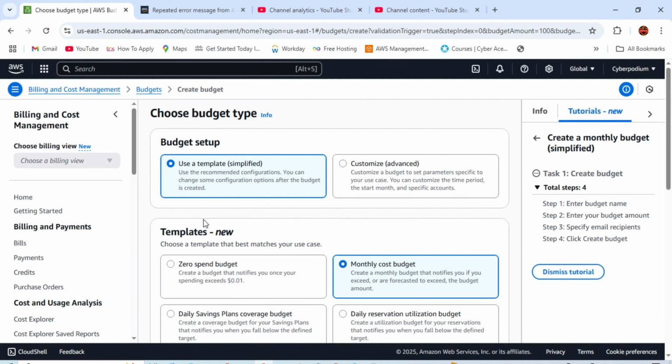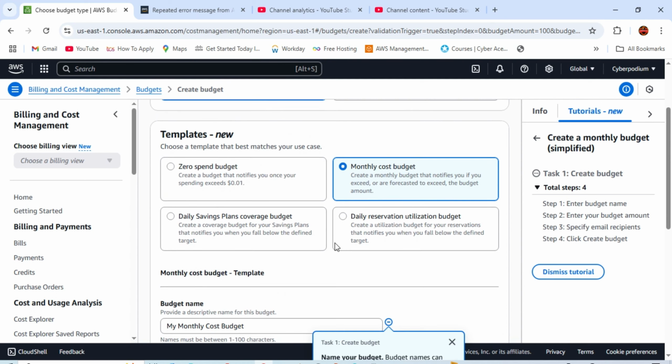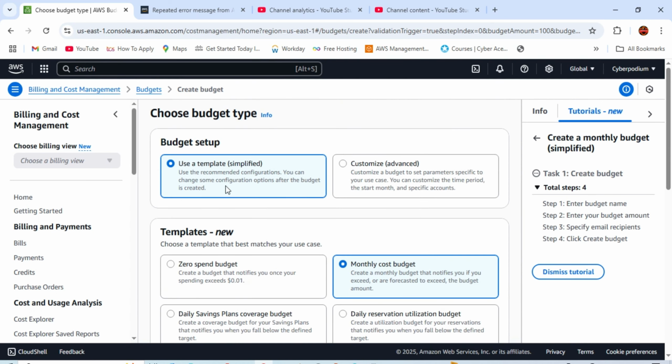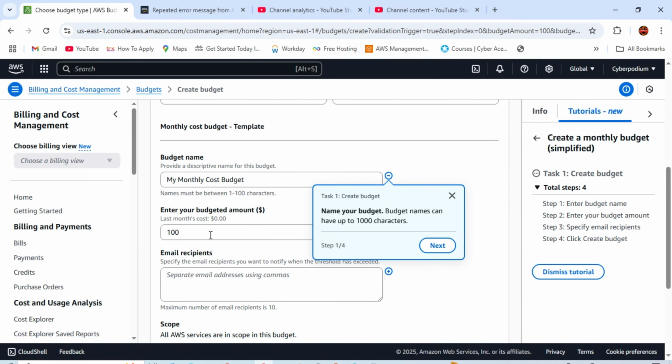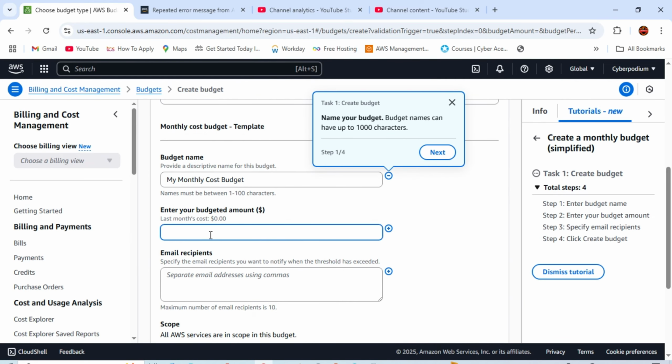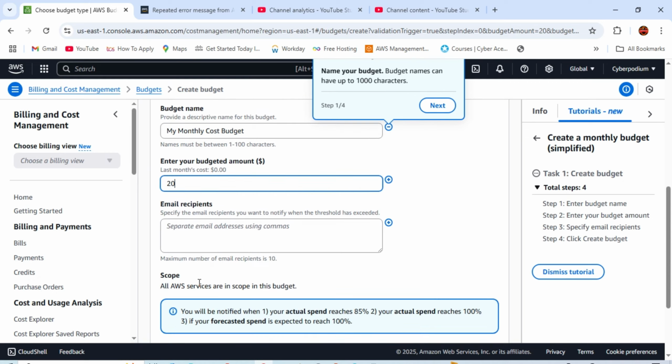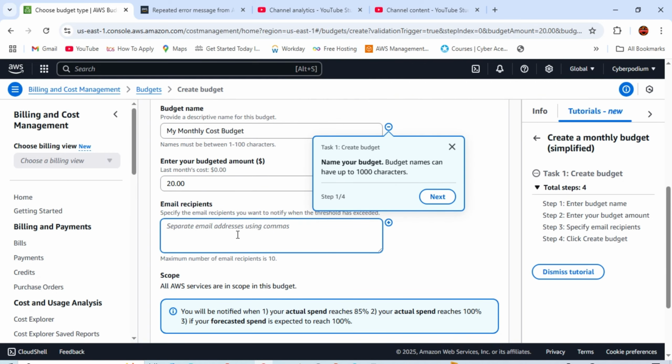Then we have some templates: zero spend template, monthly cost budget and daily cost budget. So we'll set a monthly cost budget only, and the amount, let's set $20. We have to provide an email, so that once the budget is exceeded, it knows which email to inform, right? So I'll put